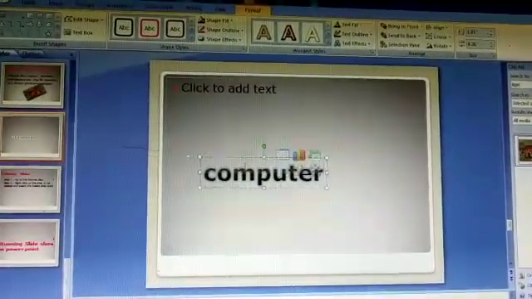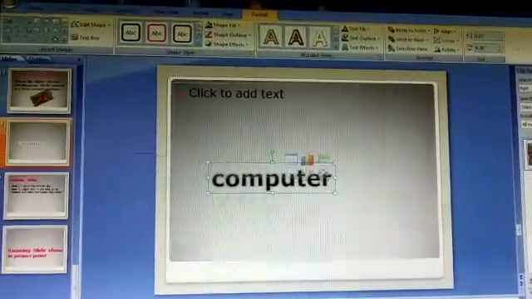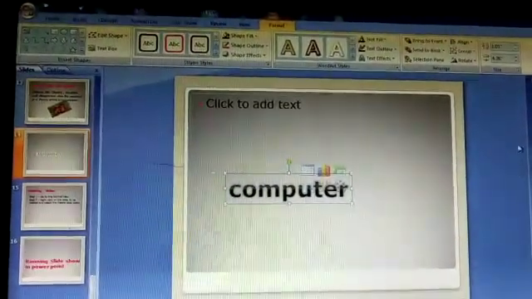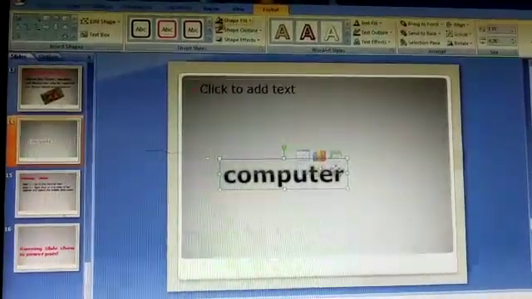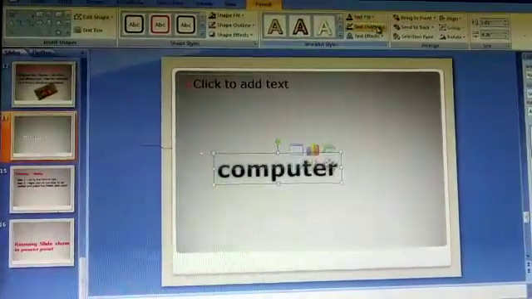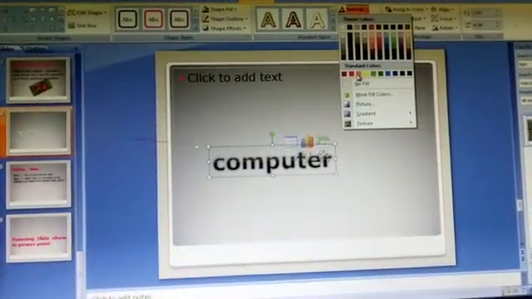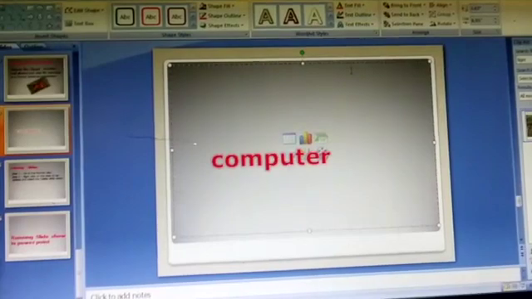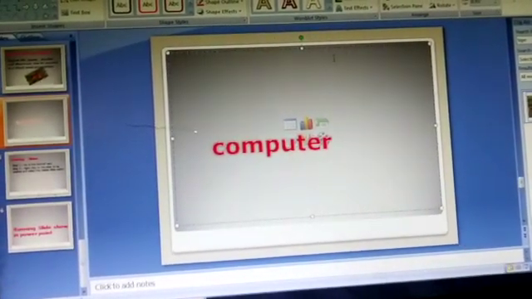If you want to change the color of this computer, you can change it here. Colors are there. You can see the color of the computer is changed.